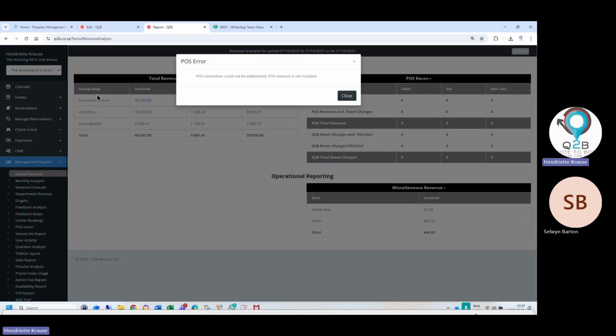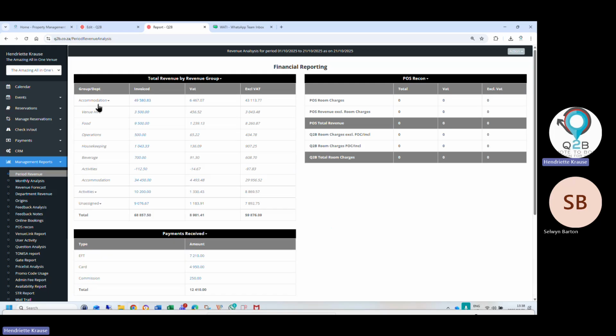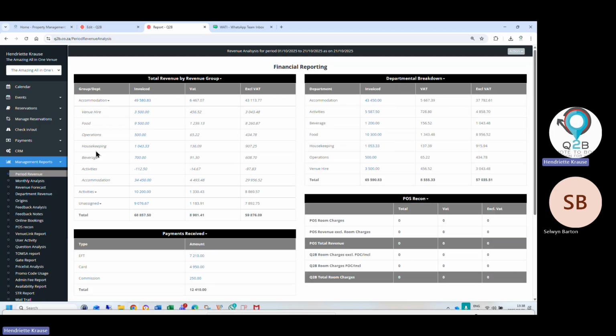And here it will calculate for you all your accommodation revenue, and it will break it down into your second revenue department. And that's normal. Yours will only have accommodation because you don't offer the rest. But let's say you want to take off out of the rate, you keep some money back for housekeeping. Then it can immediately be set up in the rate, and it will show you what did the accommodation make. My accommodation made so much, and so much was kept back for housekeeping.